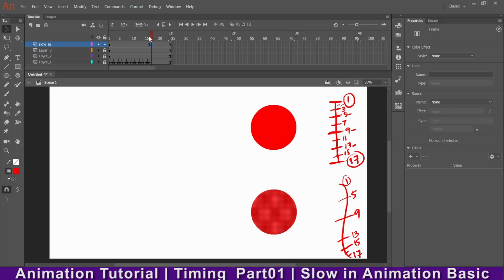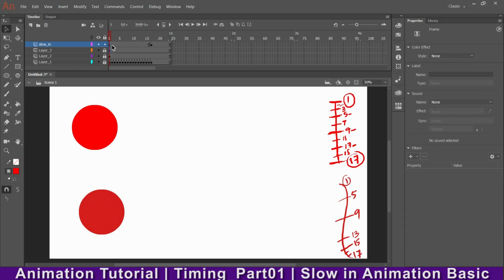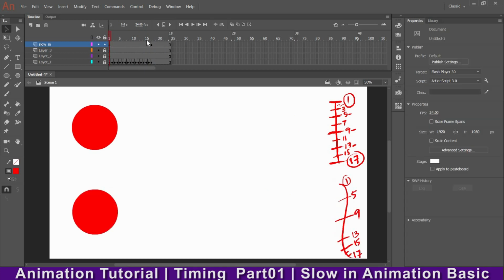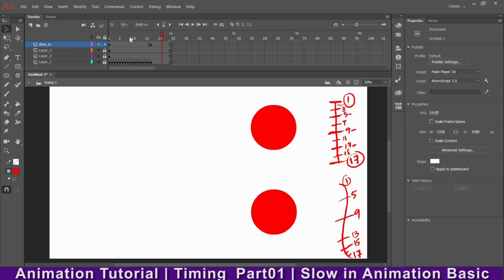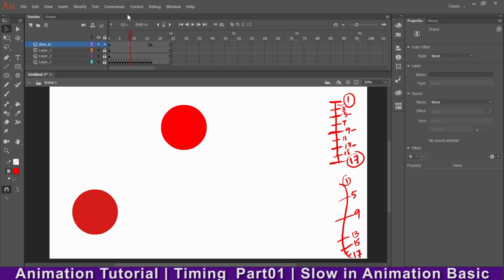Okay, both the drawings should be in the same place. So let me take this a little back. Okay, so the middle point will be F6, and again I'll take this to the middle.